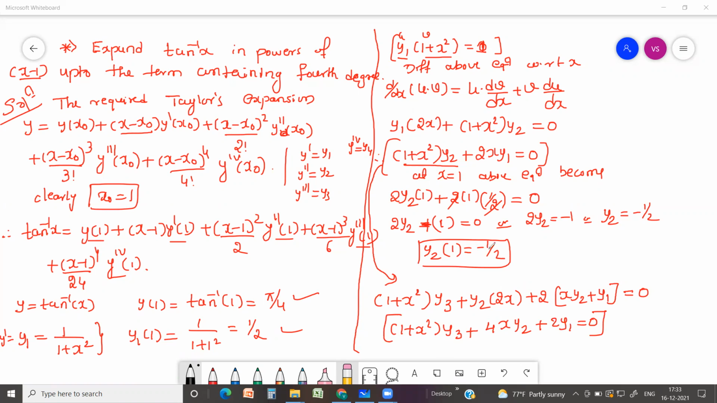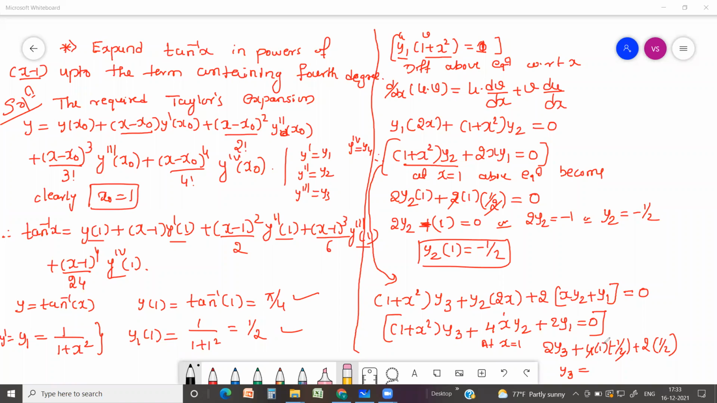Next, y2 I got, and y3 I wanted to find out. Here I'll substitute x equal to 1 in the above equation, so that I'll get y3 of 1. This is 1 plus 1 square, that is 2, so 2y3, plus 4 into x value 1 into y2 value minus 1 by 2, plus 2 times y1. Y1 we already got, the y1 value is 1 by 2. So if I simplify this, y3...